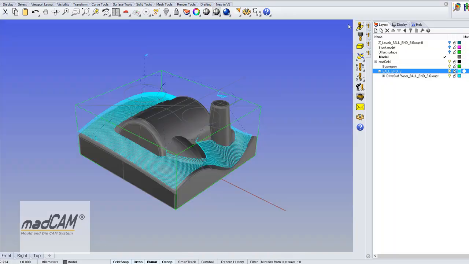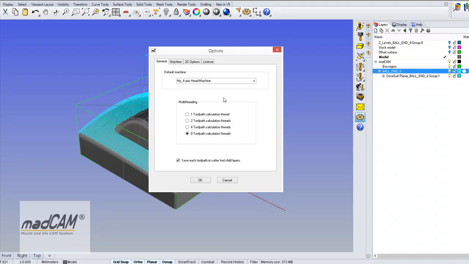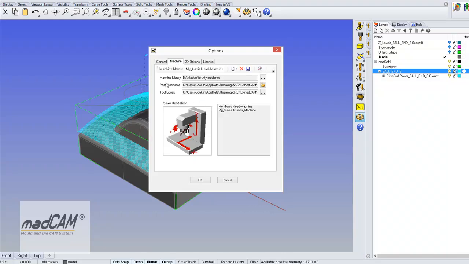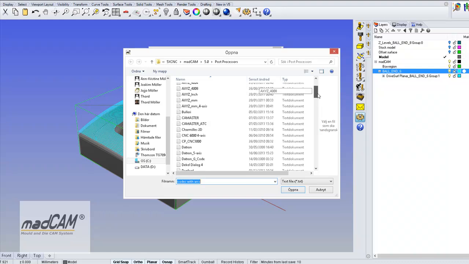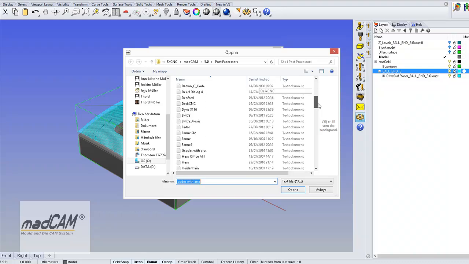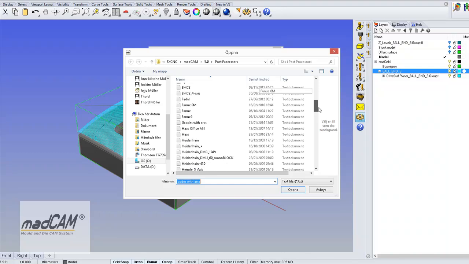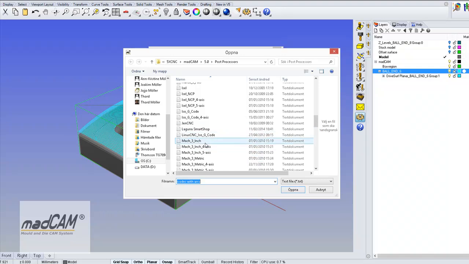Next thing to do is to set up the post processor. So go back to the machine, check what post processor is used, and we can select some predefined post processor, for example Mach 3 4-axis,